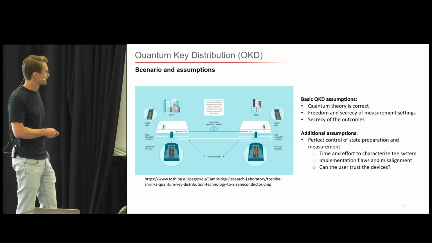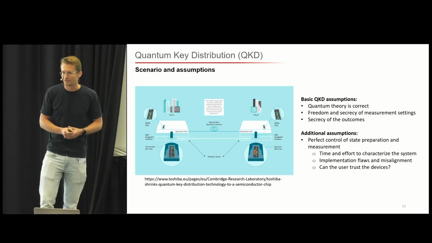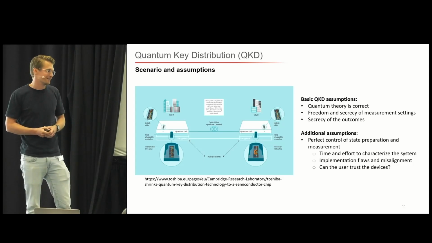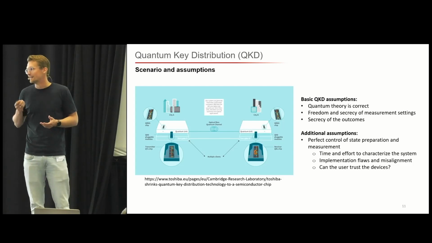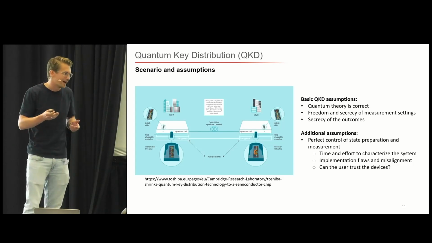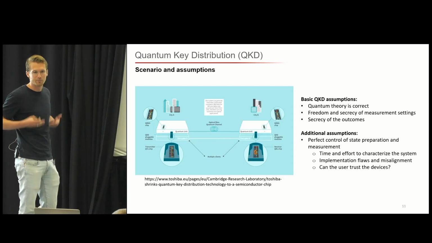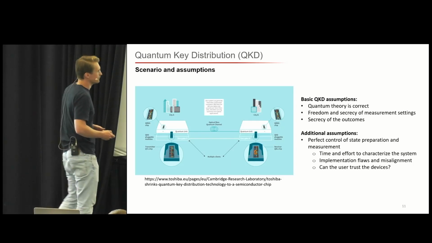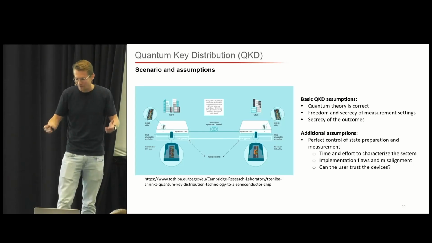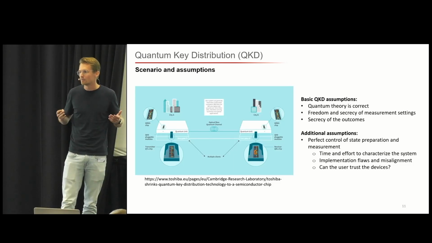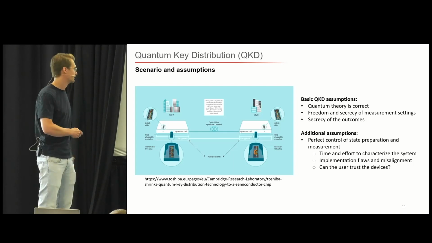So the users need to have trust in the devices. Another thing is that the people that make the devices can make some mistakes, or they can not see some security breaches. For example, it has been shown that the detector dark times can open up implementation flaws, or can open up possibilities to eavesdrop a key. The good thing here is that it's always really easy to come up with a solution for these problems, but you never know if you're protected against all those implementation vulnerabilities.